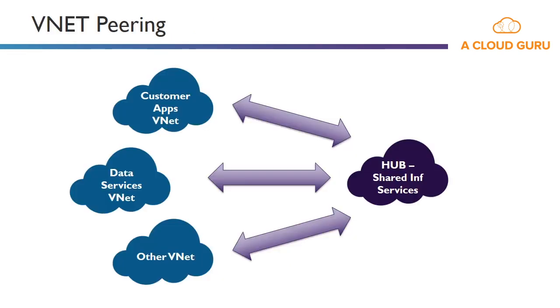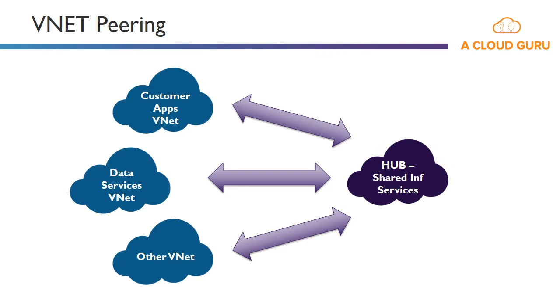Last but not least, we also have one other trick up our sleeves. When we want to connect one virtual network to another one, we can use something called VNet peering. And what this allows us to do is, say we have the hub of shared infrastructure services on the right-hand side, and that virtual network, we want to be able to route to services in, say, the customer apps VNet or the data services VNet or another VNet. Then we can simply peer the VNets, and that's effectively like joining them together so they can route within that